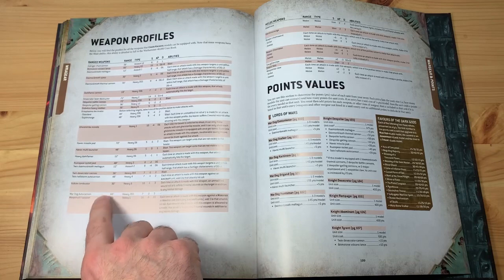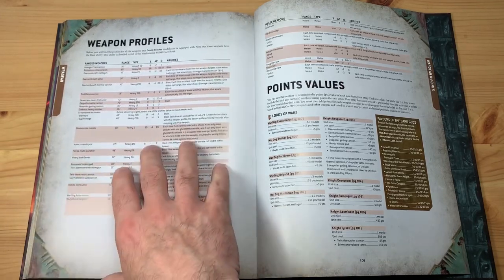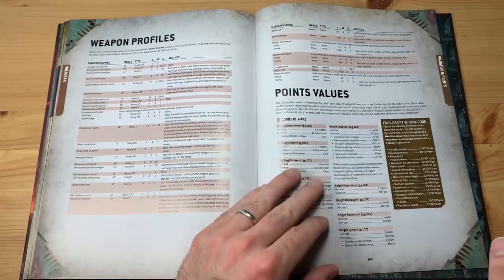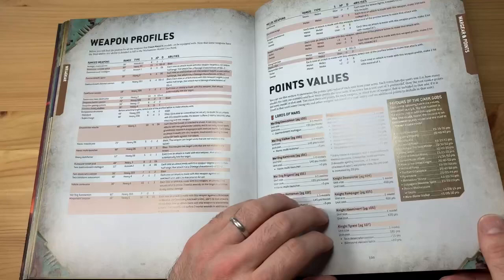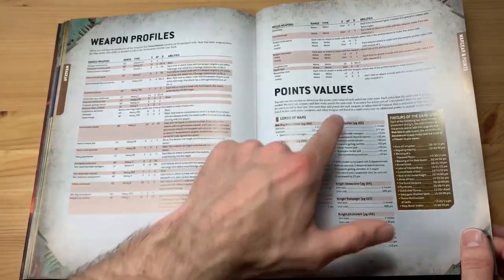I keep looking at a volcanic combustor. Yeah, we know it's devastating, and some of this looks tooled up as you'd expect. Some of it's going to be tooled down eventually, I'm sure. And point stuff. So the point values, so again, bear in mind that these are probably all going to get